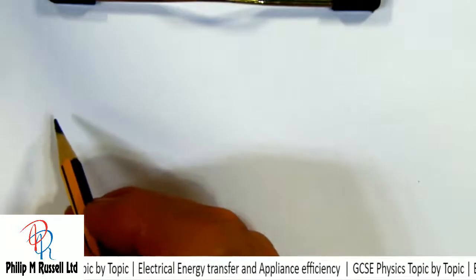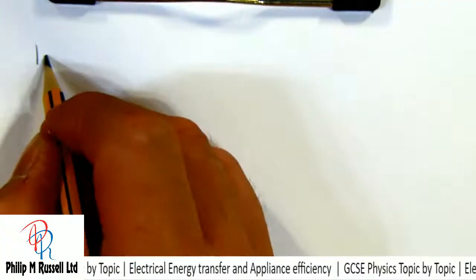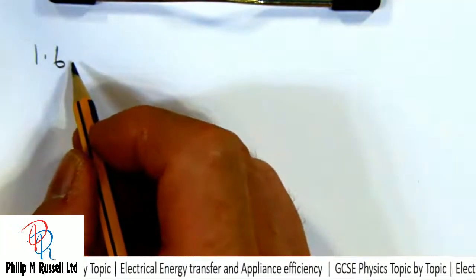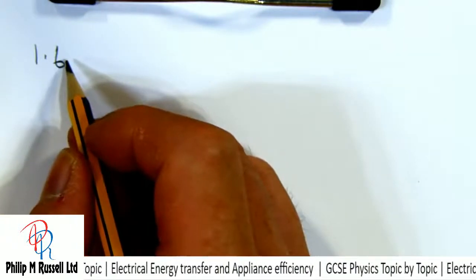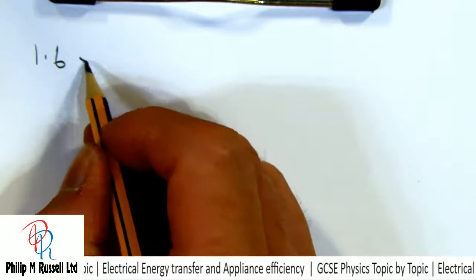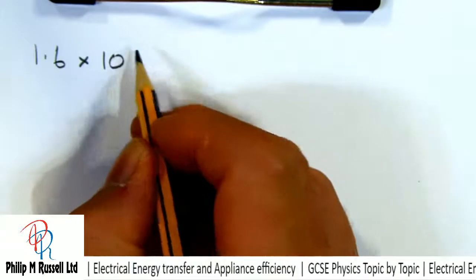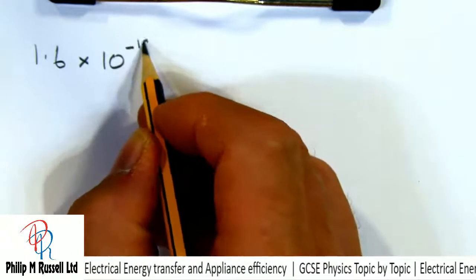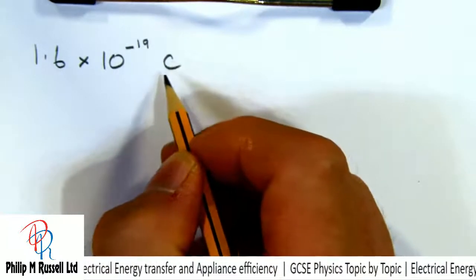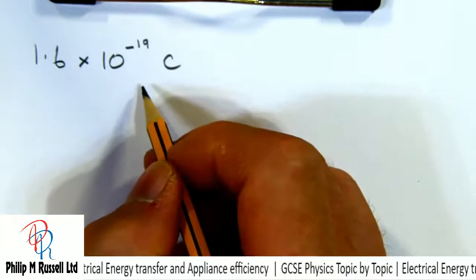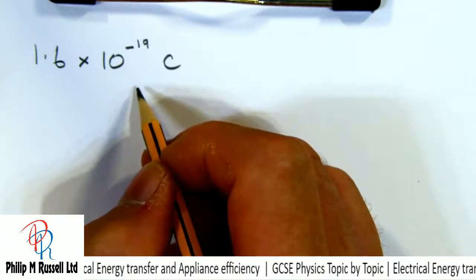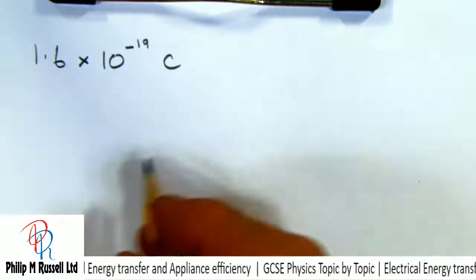He discovered that it was about 1.6 times 10 to the minus 19 coulombs. To put that into perspective, that is going to be